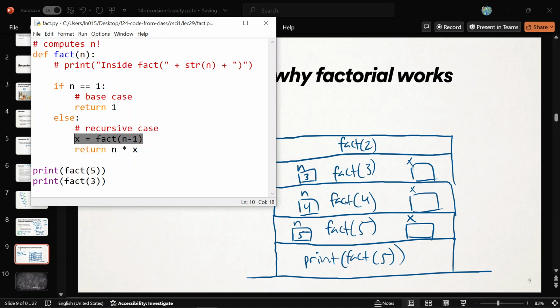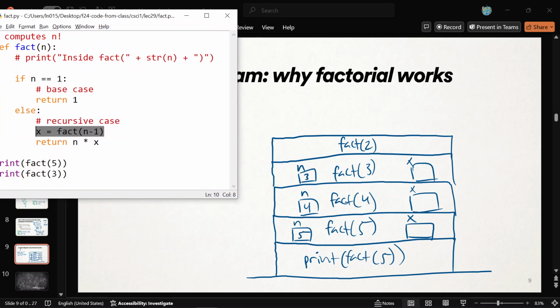They're all waiting. So everybody on the stack, all these fact calls, they're waiting on this line. They're waiting on the person above them, the smaller factorial. They need that number back. They need that answer back in order to continue and give their answer back to whoever called them. Okay, you see how it's all going to stack on top of each other. Any questions about that? Because we're almost done. We're getting our way to the base case.